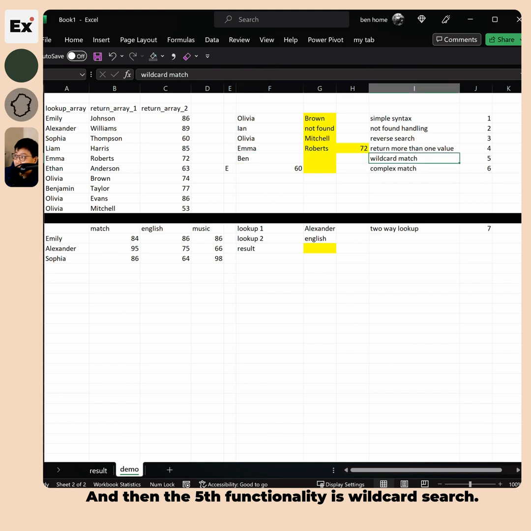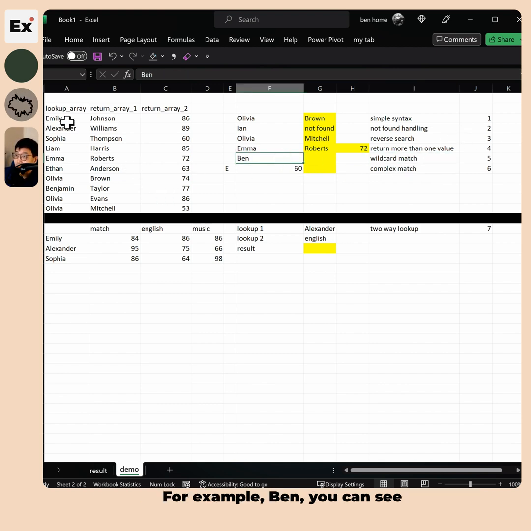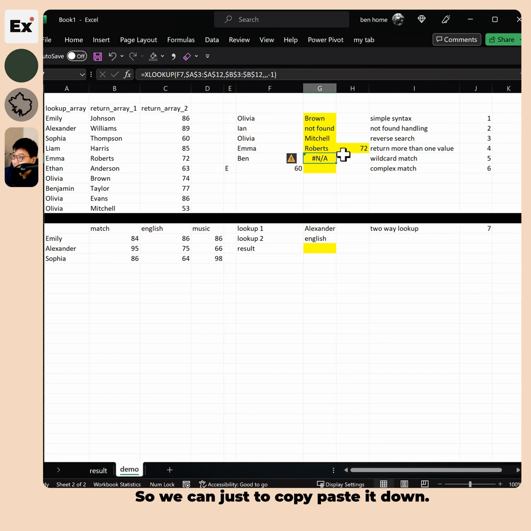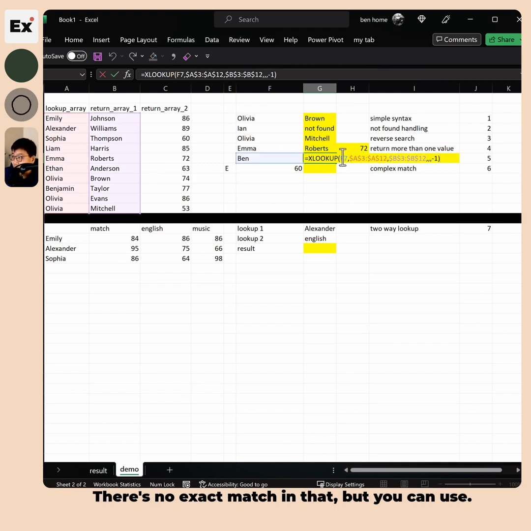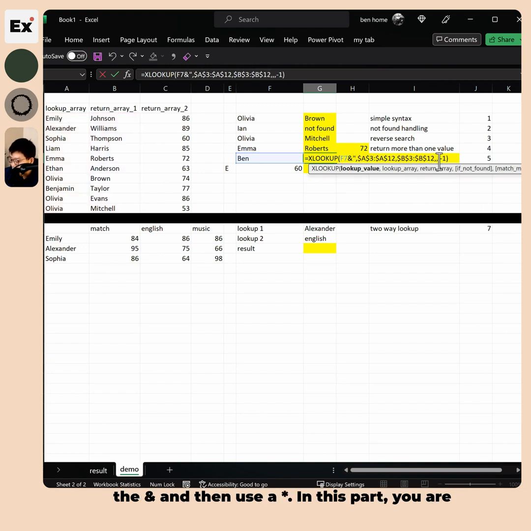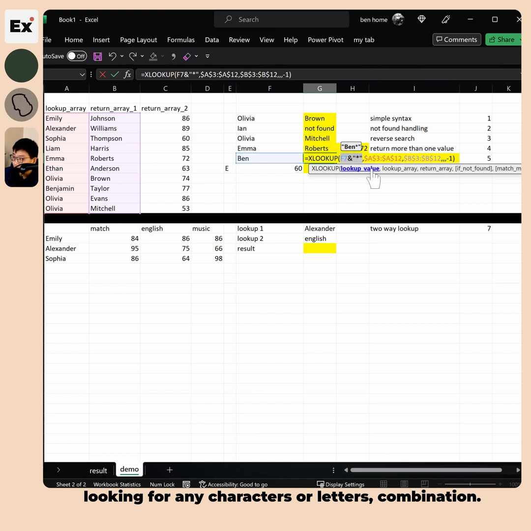And the fifth functionality is wildcard search. For example, Ben, you can see there's no exact match in that, but there is a Benjamin, right? You can actually use the wildcard to match this pattern to this one. So we can just copy paste down. There's no exact match in that, but you can use this Ben in conjunction with the ampersand and then use a star. In this part, you are looking for any characters or letters combination starting from BEN and